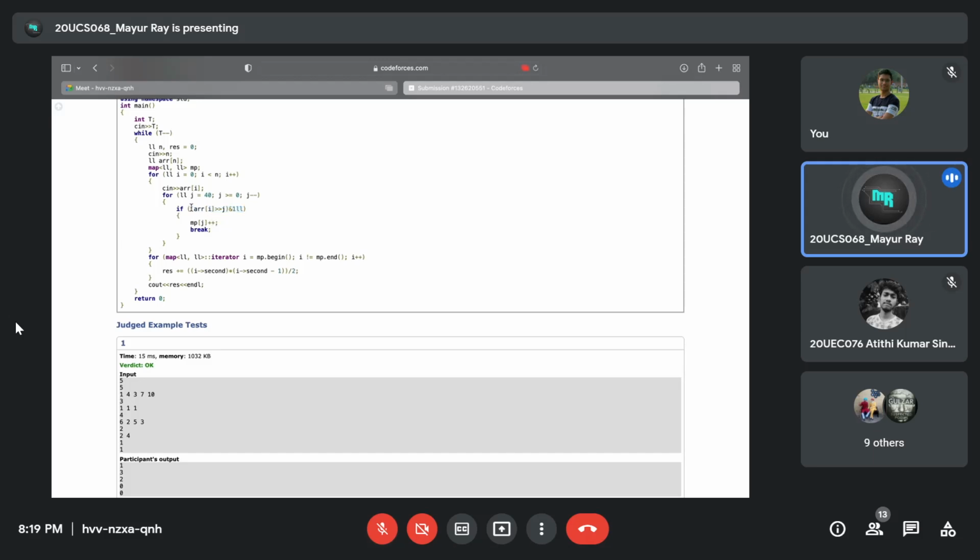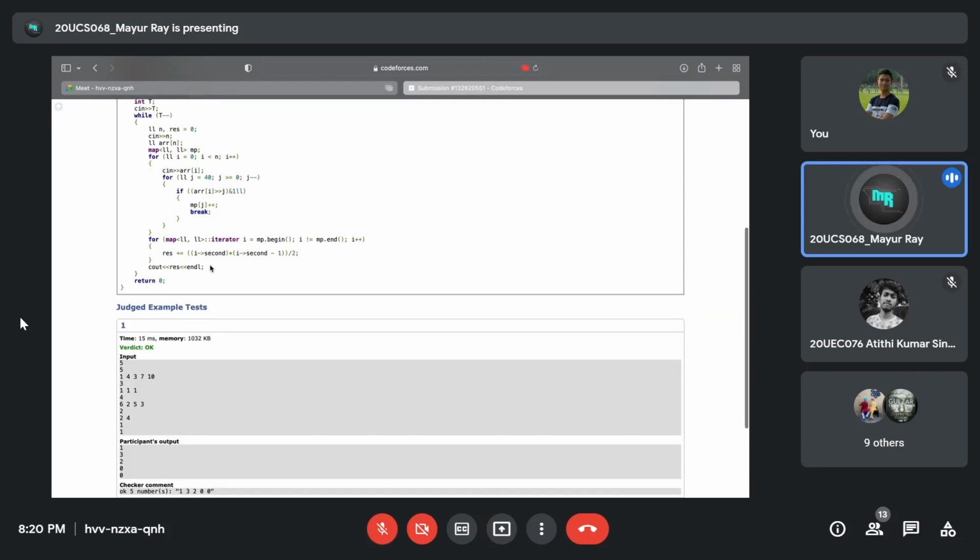If this bit is 1, that is, I've gotten my first position of 1, I have stored that position and incremented the count in that position by 1. Here j stores the position. I started from the leftmost position and incremented j by 1, and whenever I get a 1, I break the loop, because I just need the first occurrence of 1.